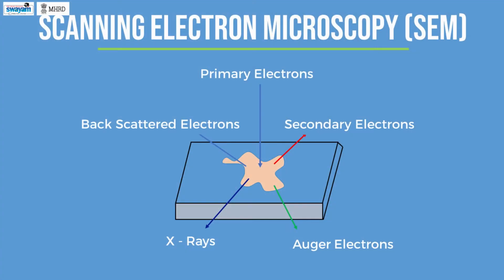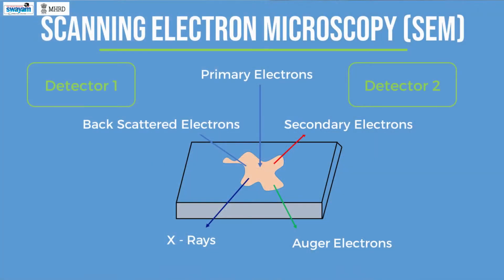Unlike light microscopy, in electron microscopy, a beam of electrons is used as a source to probe the surface morphology of specimens or samples. Principle: when a beam of electrons, referred to as primary electrons, interacts with matter on a surface, backscattered electrons, secondary electrons, X-rays and Auger electrons are produced due to the interaction of primary electrons and the surface molecules. In SEM analysis, the microscopic image is constructed based on the contrast of either backscattered electrons